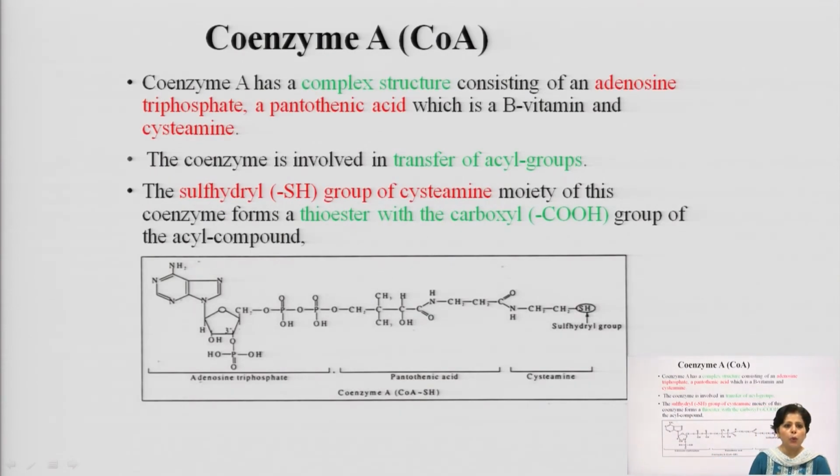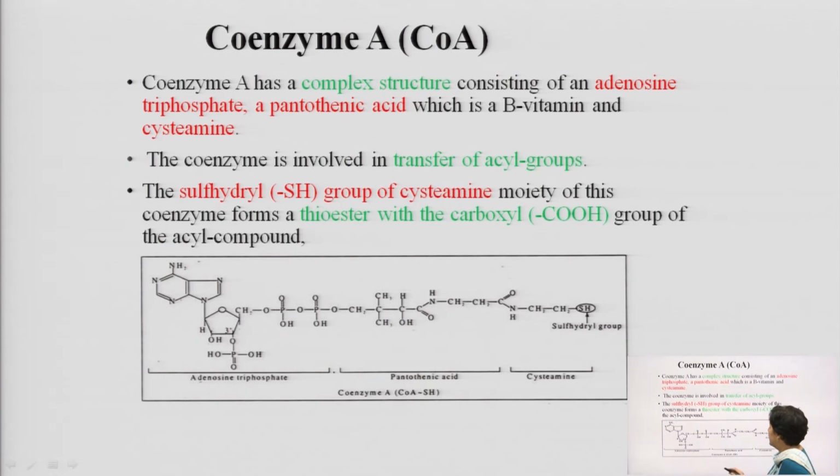The next one is coenzyme A. Coenzyme A is a complex structure containing adenosine triphosphate, a pantothenic acid which is a B vitamin, and cysteine. The coenzyme is involved in the transfer of acyl group. The sulfhydryl group, SH group of the cysteine moiety of this coenzyme, forms a thioester with the carboxylic group of the acetyl